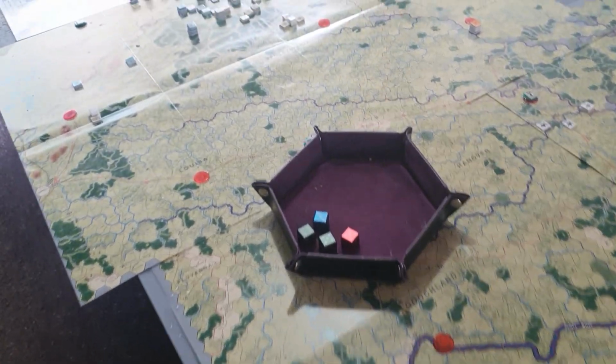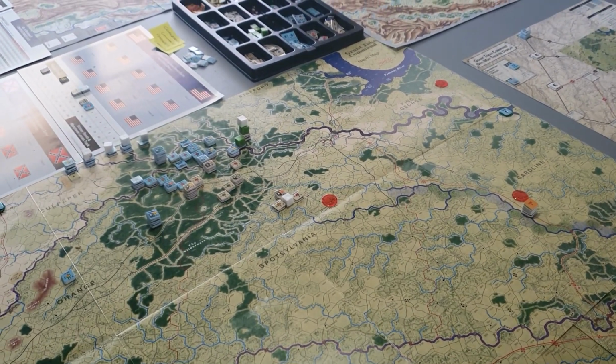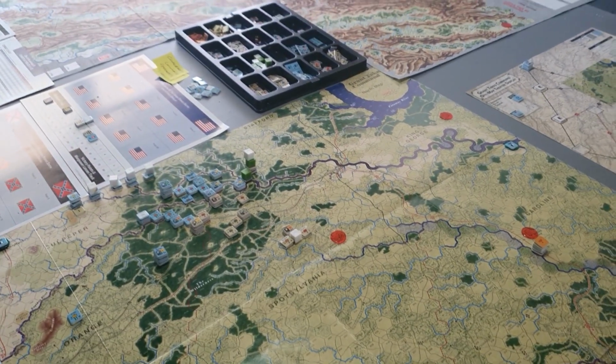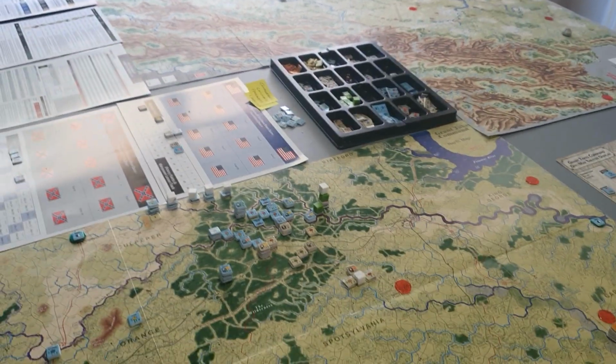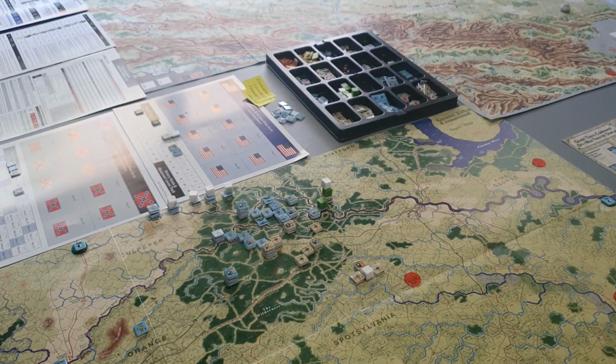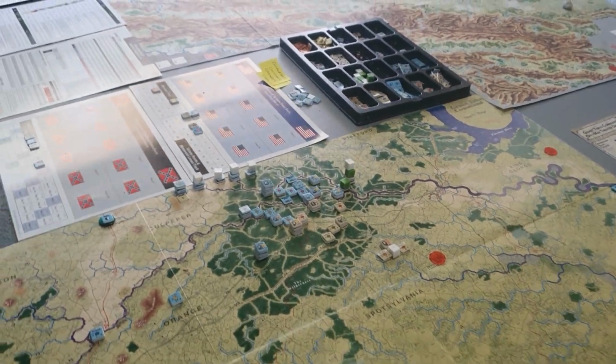This is Grant Takes Command 2. We're playing the Grand Campaign Overland Offensive with the Shenandoah Valley included. I've just noticed when I was bringing on the reinforcements for turn 6, well, not turn 6, turn